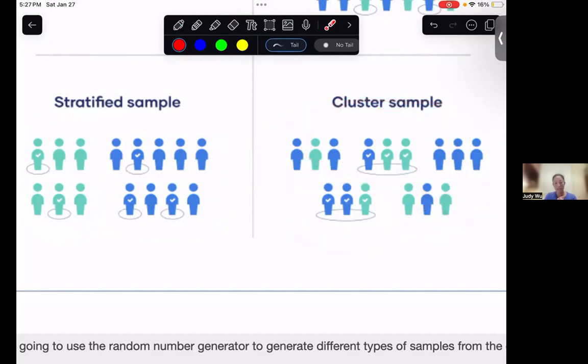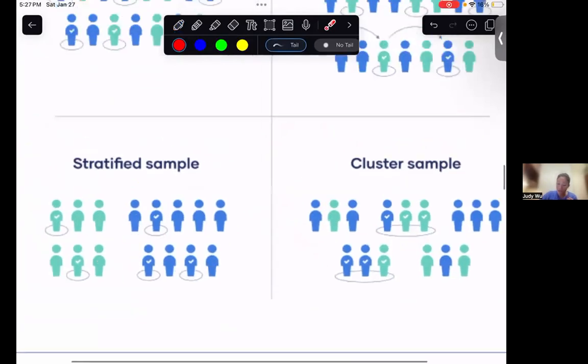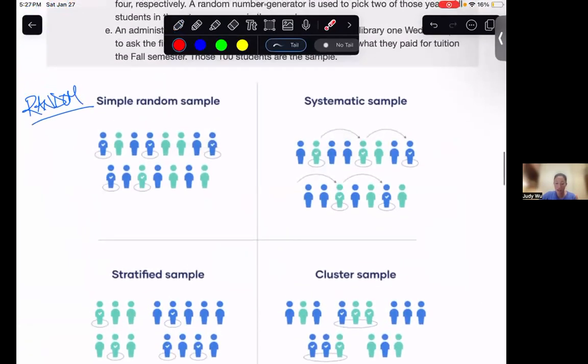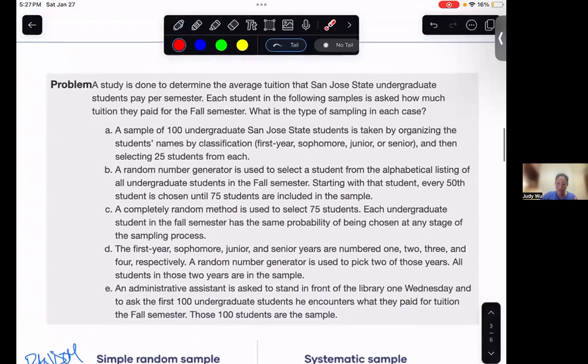Okay, so that's sort of the difference between the stratified and the cluster. Stratified, we break them up into groups, but we still take people from every group. But the cluster, we're like, oh, we'll just take this whole group and that whole group. Okay, all right. So hopefully that was a nice review, clarification of our random sampling methods, but now let's come